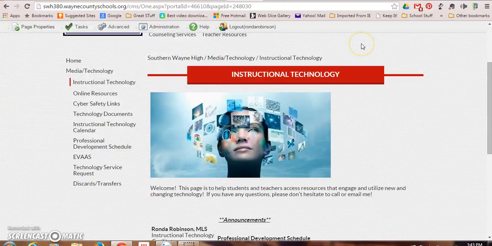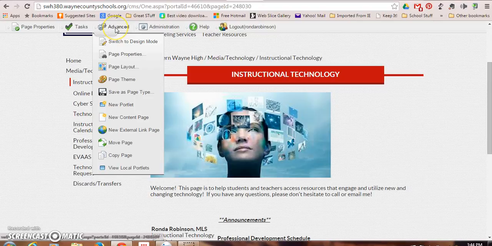So those are a few things that I just wanted you to see on how to do this. The last thing I want to show you is if you have a page that you want to go in and edit that is already there. Say I want to edit my instructional technology home page here. What I will do is come up to Advanced, and right here the very first thing is Switch to Design Mode. I'm going to click that,